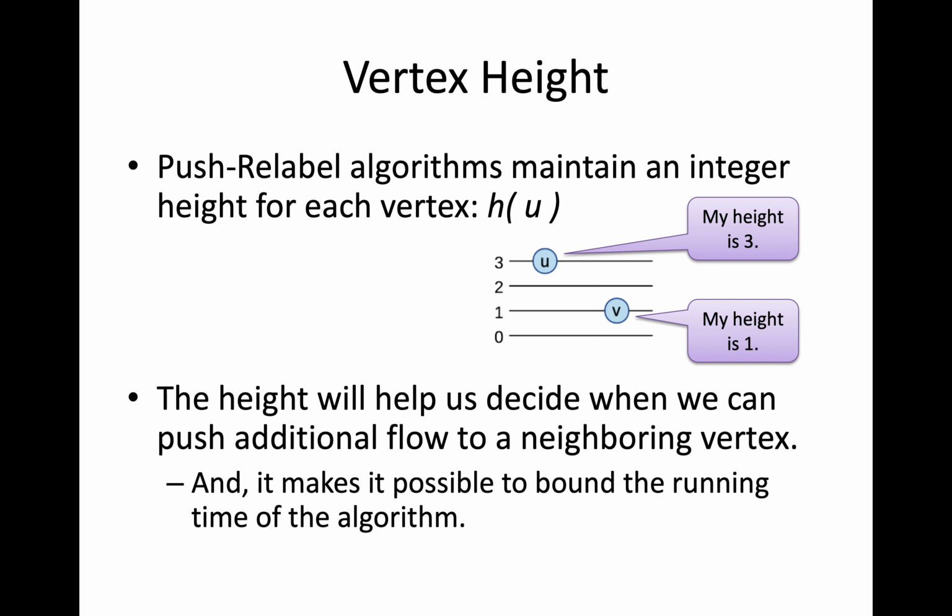I'll say exactly what I mean about that in a moment. But here the height, like I said, is an integer. Most vertices will start with a height of 0, and then as we run the algorithm, we'll gradually increase their height in an effort to push more flow toward the sink, and then eventually to push any excess flow back into the source, so that our final solution is a legal flow